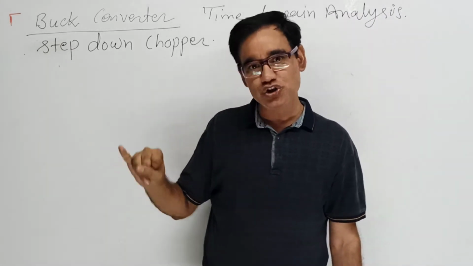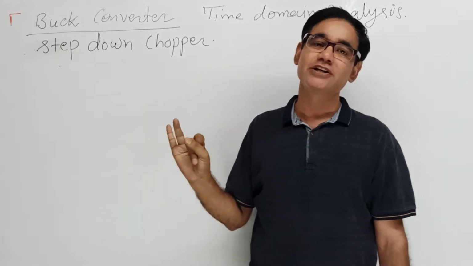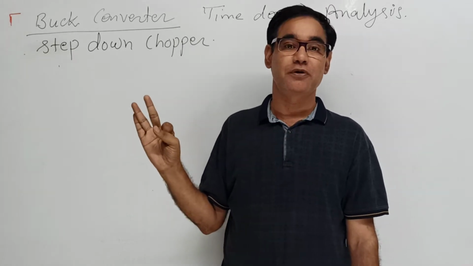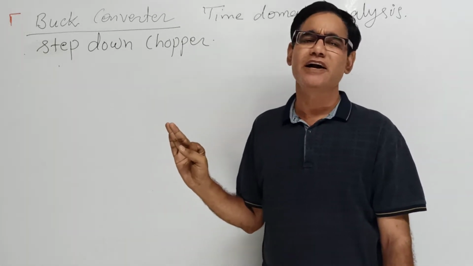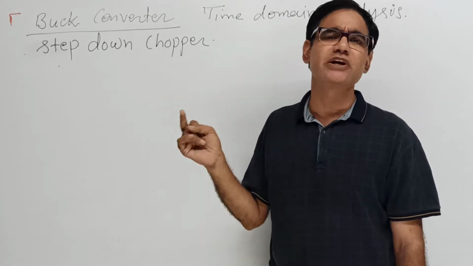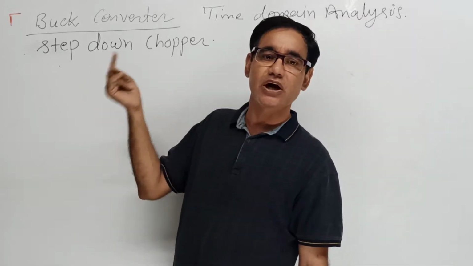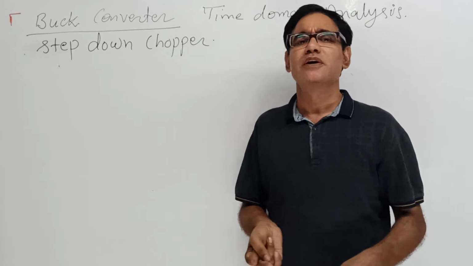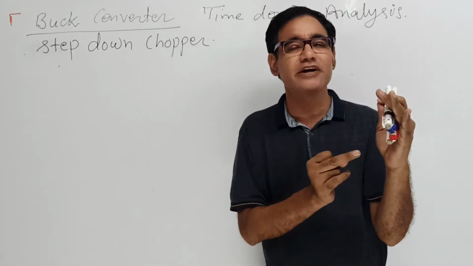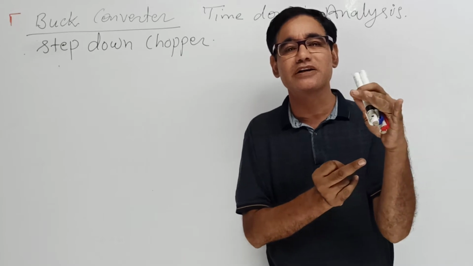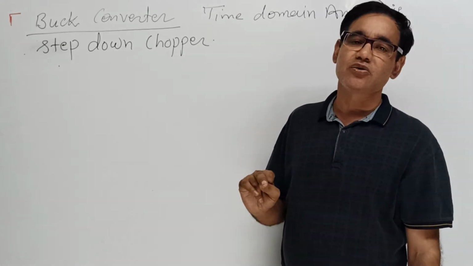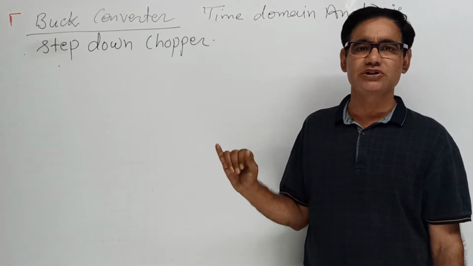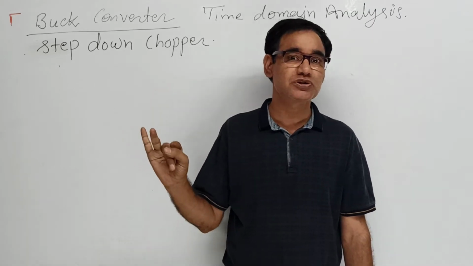So here the step down chopper is known as buck converter, step up is known as boost converter, and up down is known as buck boost converter. And the buck boost gives reverse output polarity. To convert that reverse polarity, where required, one additional circuit arrangement, one additional inductor and a diode, is used, and that circuit is known as Cuk converter. So there are four kinds of converters here: buck, boost, buck boost and